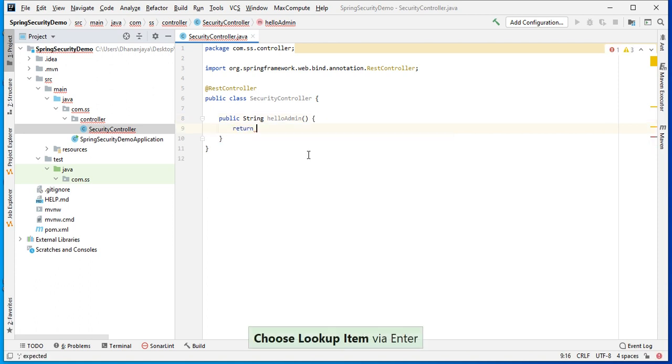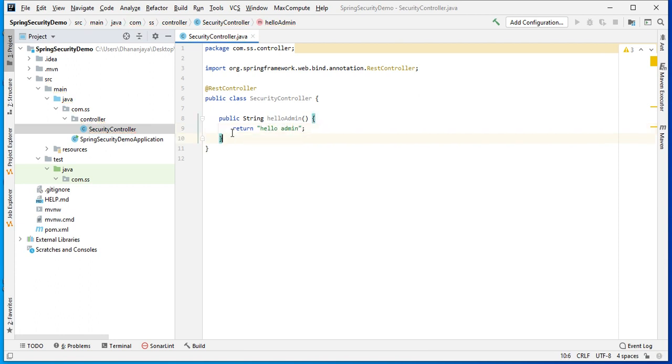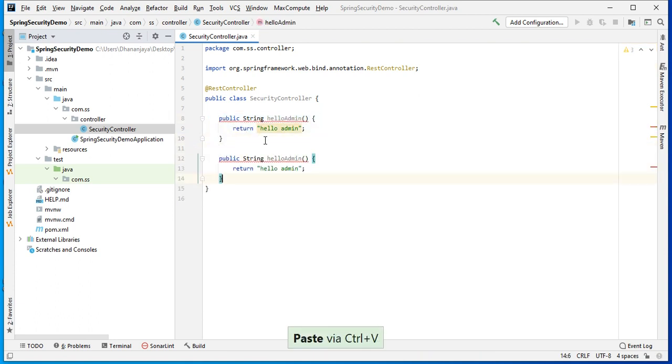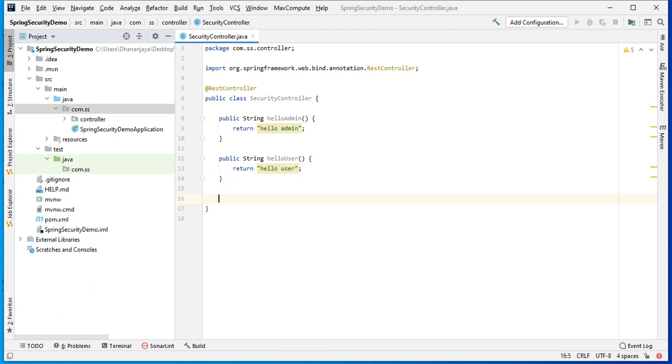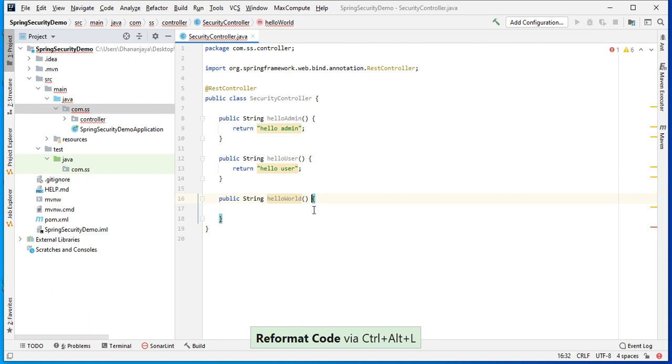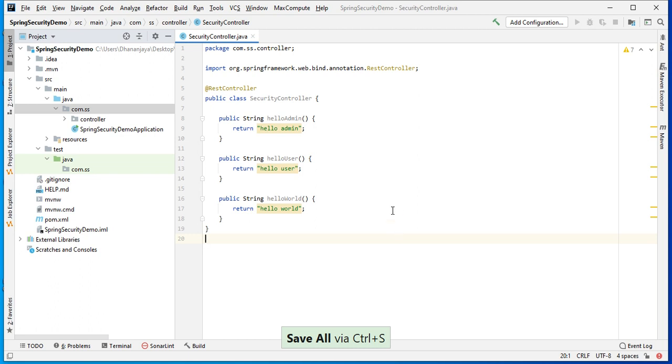It will return hello admin. I will have a similar method like hello user, and one more method, hello world, which will return hello world. These are the three methods I have.